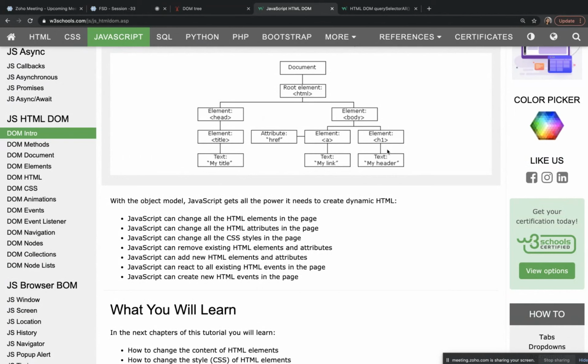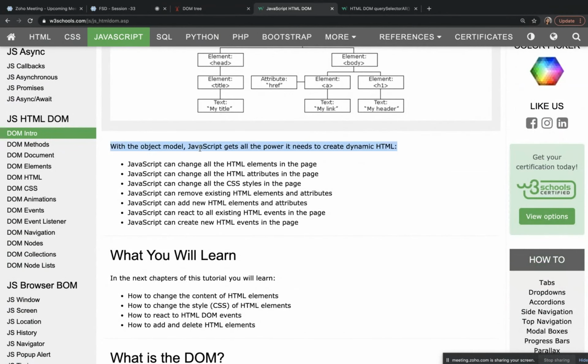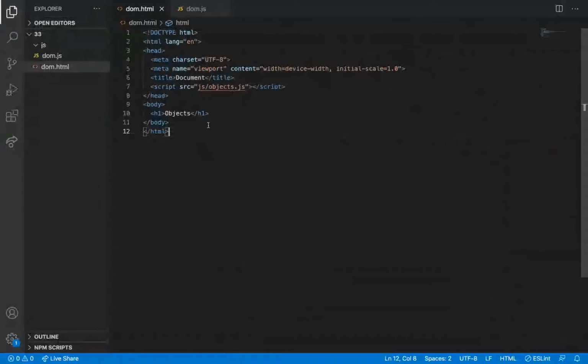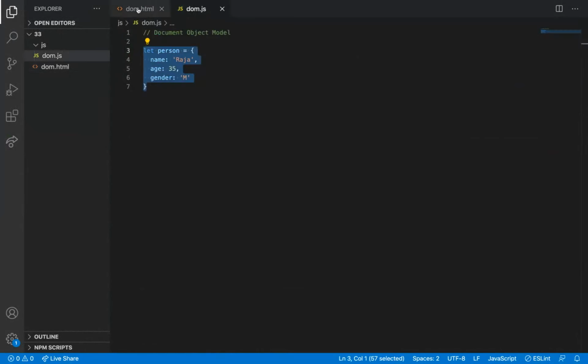So we are going to see how to get elements from this document and what operations we are going to do with those elements. So they are saying, with the object model, JavaScript can change all the HTML. How will we access? We will access these in JavaScript only.